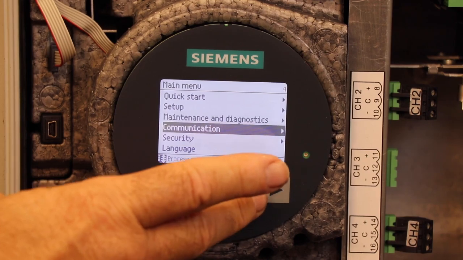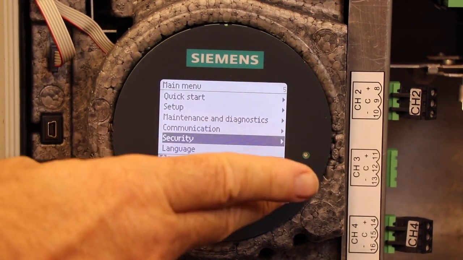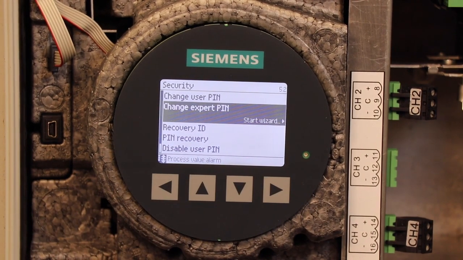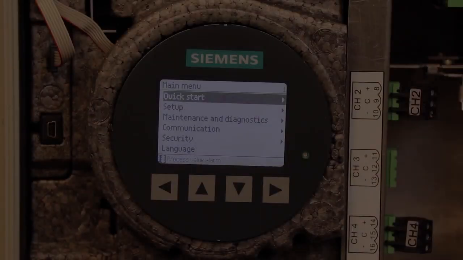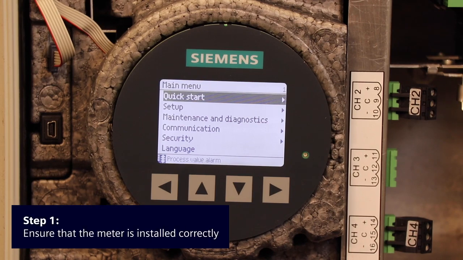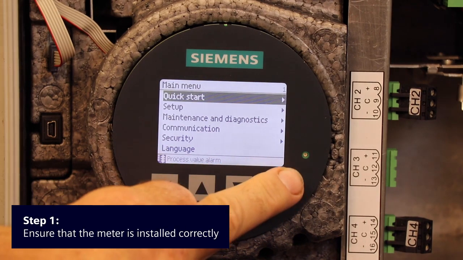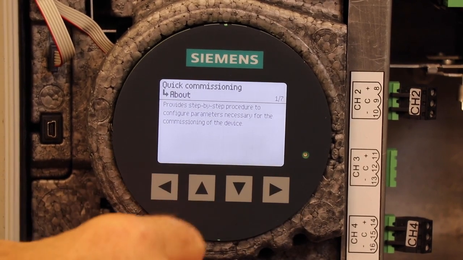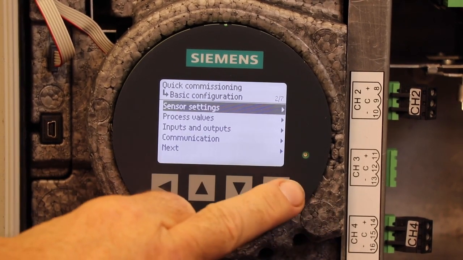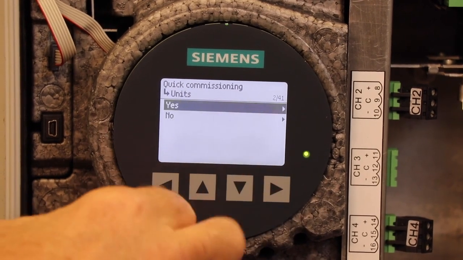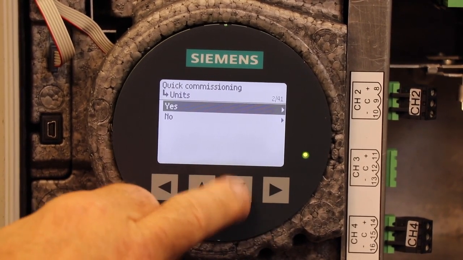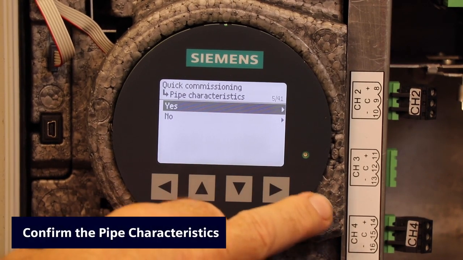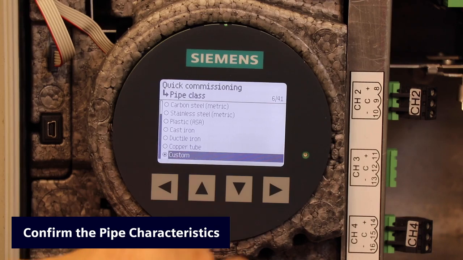If you go down to security, you can change the expert pin or the user pin by following the wizard. To make sure that the meter has been set up correctly, follow the quick start, quick commissioning, sensor settings. You can skip units, pipe characteristics,